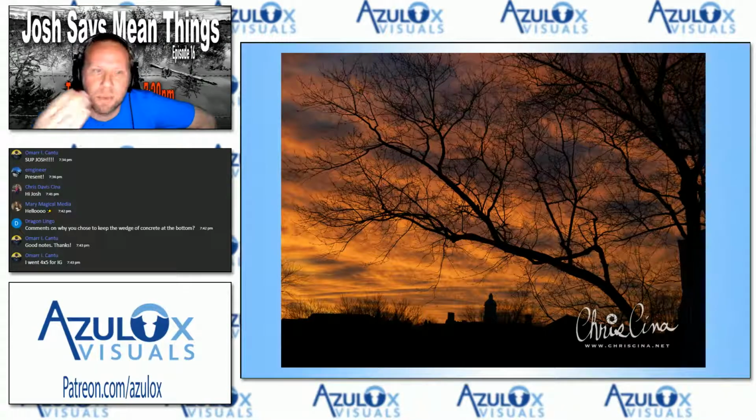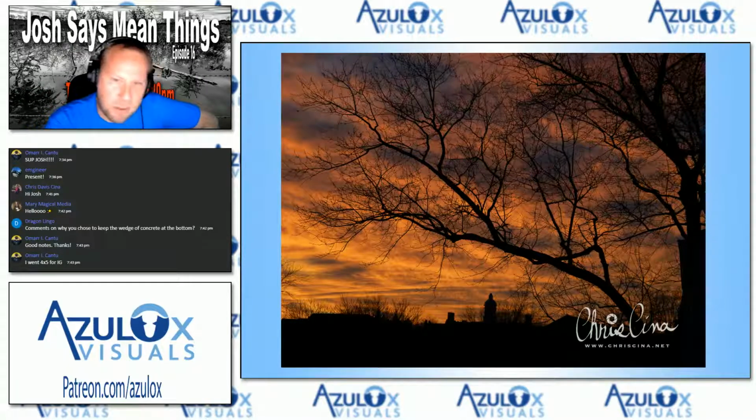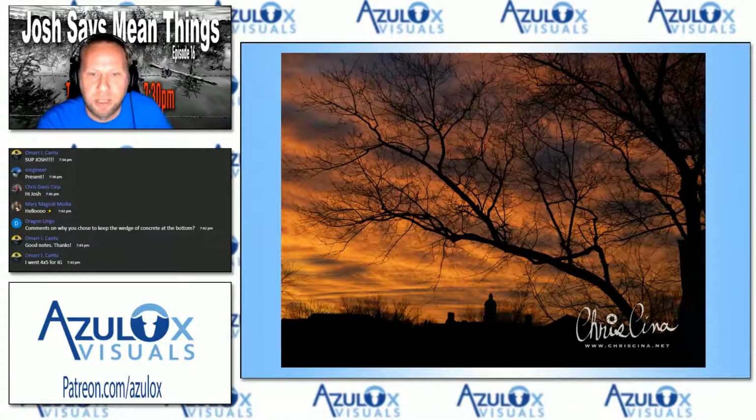And so in this case, we have a middle ground, right? We have a tree, and we have a little bit of a skyline, and then we have the sunset. So we have an occluded sunset view. I like the exposure here. It's pretty good. I like that it's underexposed to really bring out the vibrancy of the sky.